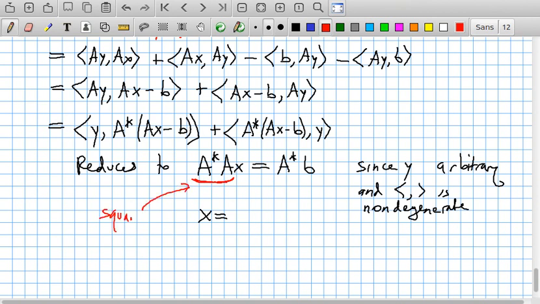Furthermore, what's really nice about this is this guy always has an inverse. That's a fun little exercise. At least if you're dealing with finite dimensional matrices. So then, we just write down its inverse. And we're left with this. So in fact, we were able to solve the problem. So what's really neat about this is this guy is the least squares